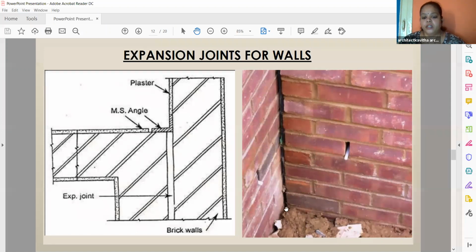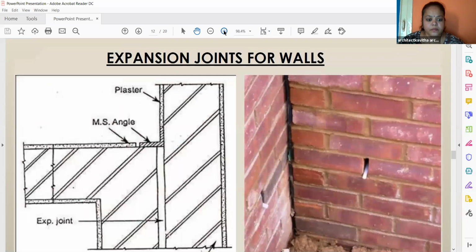So if you see, the joint is completely broken, we are not giving any continuous joint here. This building is completely straight and this building is ended over here. So this is the way they give expansion joints when you have T junction of wall. So this drawing, I hope everybody can understand. So this is your wall this side and you have a wall like this. This is in plan. And you have your plastering. If you see, I'll just zoom here.